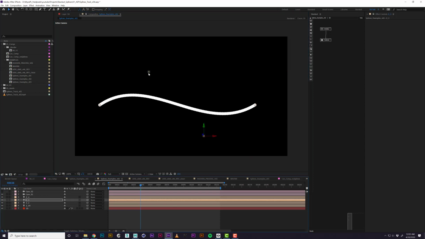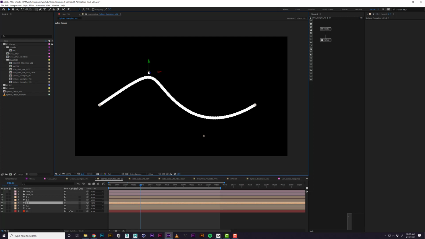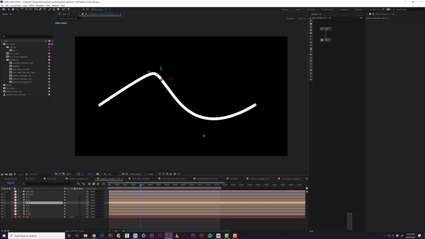And let's say that was cool, but you wanted something that was a little bit more defined. You could duplicate the lights, and the tighter they are together, the more defined that curve point is going to be. So if you had say a typography that you're drawing on or something, you would just space them out appropriately to get the right curve there.